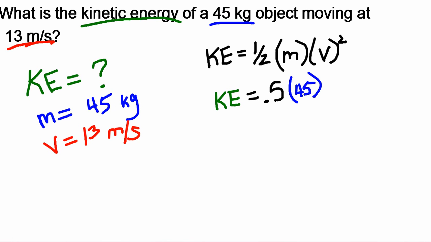And my velocity identified as 13 meters per second. And I have that tiny little 2, remember, and that means squared. So I'm going to do times 13 twice. This squared here means that I do it 2 times. So I'm going to take all these numbers and type it into my calculator, and I will find out that